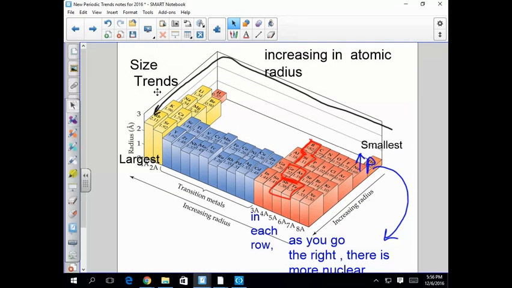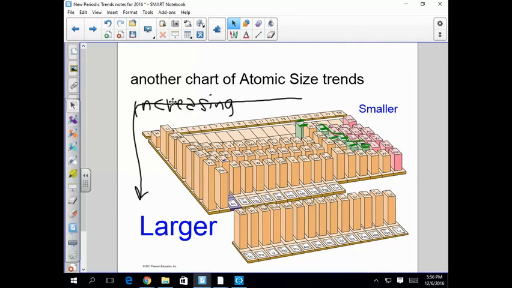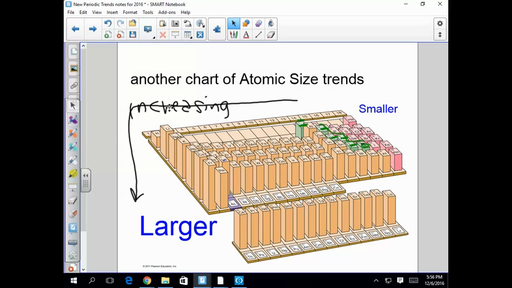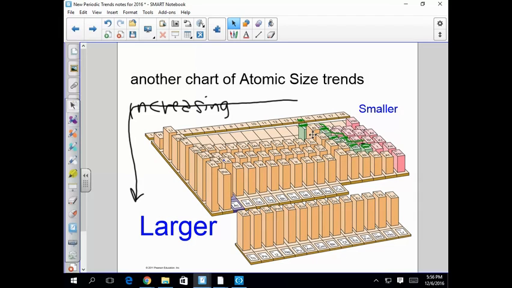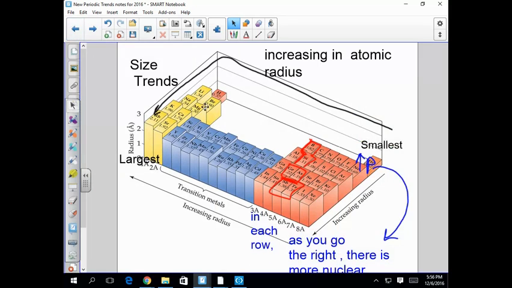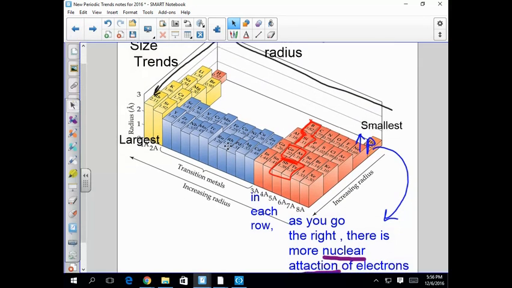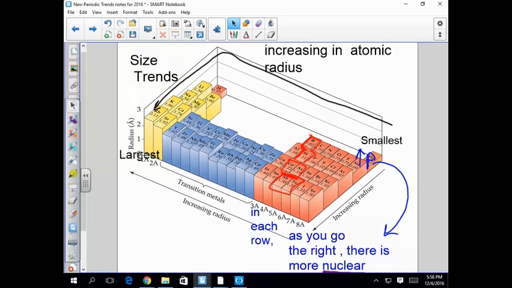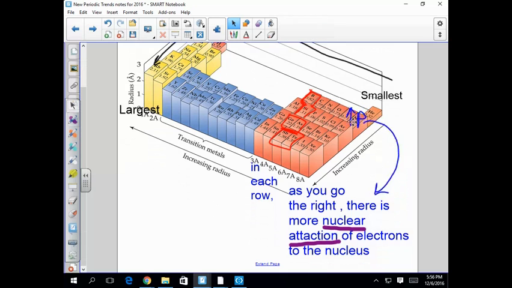This is on size trends. This first one and the second one are different visuals on how the size of the atoms goes from large metals to smaller non-metals. So let me go back here and give you a minute if you still need to record things on the very first slide on that first page, just noticing that they're largest to the left and down, and then they are smallest over here on the right. And this is due to having more nuclear attraction on the